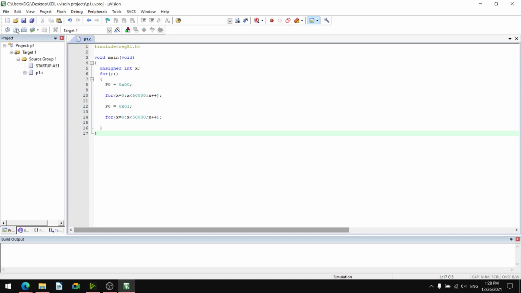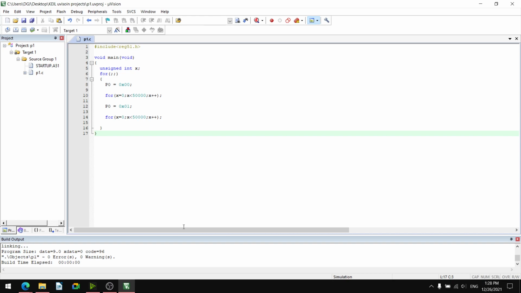So after building, it gives zero errors, zero warnings. It was int; the t was remaining, only in was there, so it was giving the error. So build, rebuild if you want.